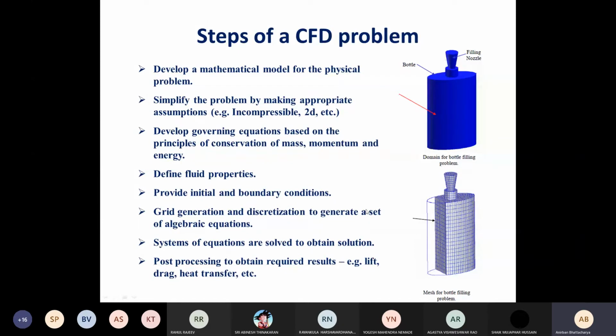Now we have to do post processing to calculate other variables. From the temperature at each point we can calculate the heat flux using an equation like q equals minus k dT/dx. So dT will be the temperature at one point minus the temperature at another point, and dx will be the distance between the 2 points. So like this we can calculate. Okay. Heat transfer, lift, drag, everything we can calculate. Shear stress, whatever is possible using post processing. So this is how we need to approach a problem and solve it in CFD. Any question?